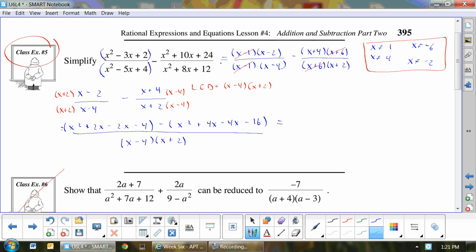So one thing that makes it even easier before that step is that I can notice that this and this are both differences of perfect squares. So when they simplify, we get x squared minus 4 minus x squared minus 16. Okay? And then so we get negative x squared plus 16. Just like that. So then, okay, so